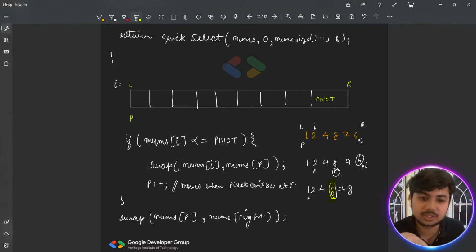मतलब तुम इधर कुछ भी कर लो, इस पार्टिकुलर साइड पे या राइट साइड पे कुछ भी कर लो, 6 वहीं पे रहेगा, ठीक है। और अगर तुम इसको बाकी सब के लिए भी रन करो तो भी ये ऐसे ही काम करता है। This is the quick sort algorithm. You are fixing a pivot and you are checking, and you keep on swapping until and unless that particular position is not valid for P, then you keep on swapping it. Okay,